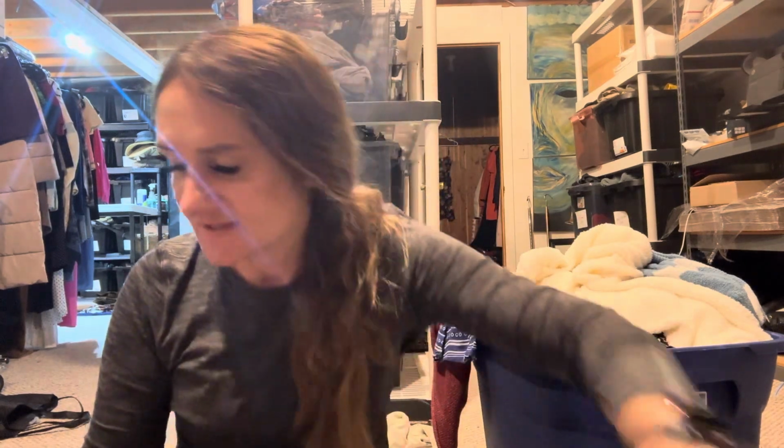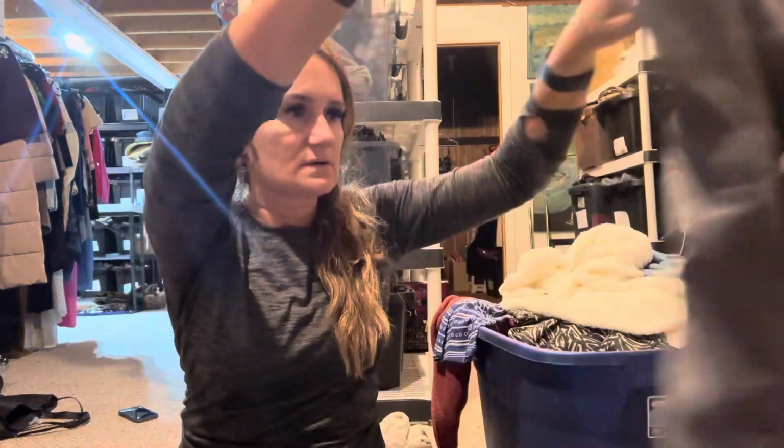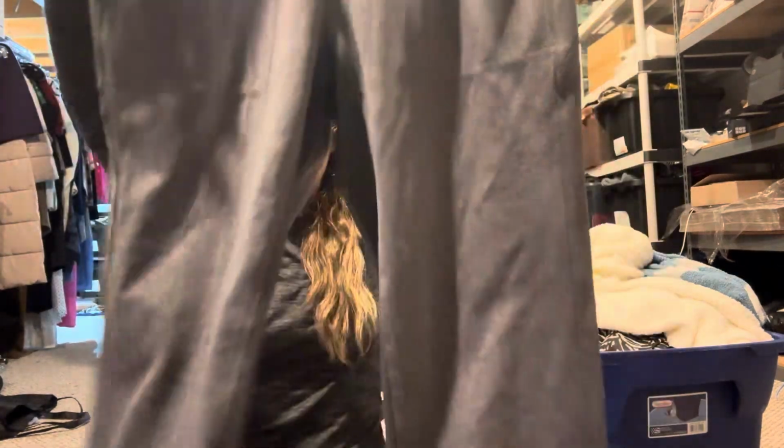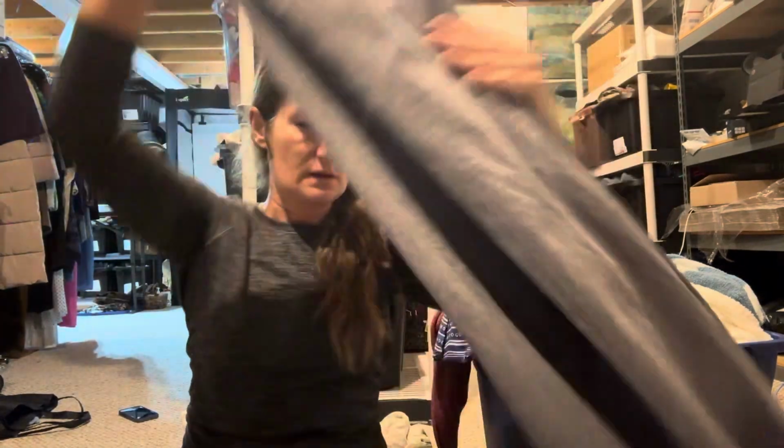Oh, I need to keep those aside. I wanted to double check that. I think these are the ones I meant to put. Oh no, these don't have a tie. So these are Athleta as well. These didn't have the style. They're an extra small, probably all the same person selling it, but no style in there, but I found the